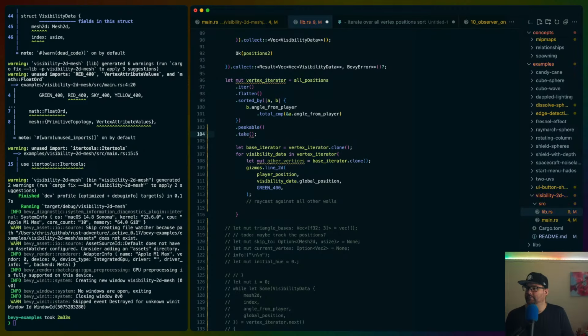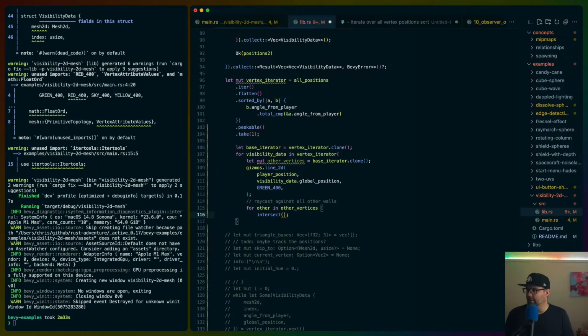But take 1. So we'll only get the single situation here. And then we're going to intersect a bunch of stuff. So for other vertices, or for other in other vertices, if I can type,